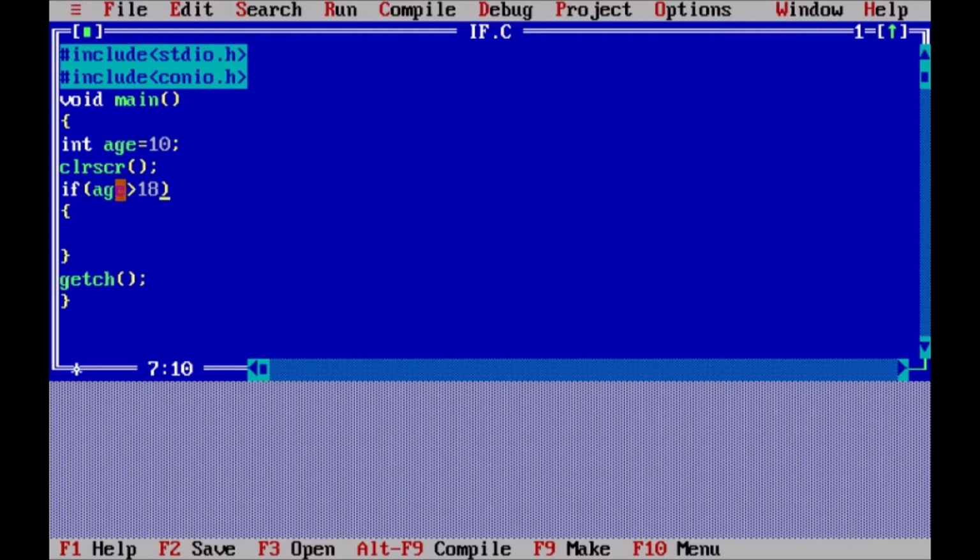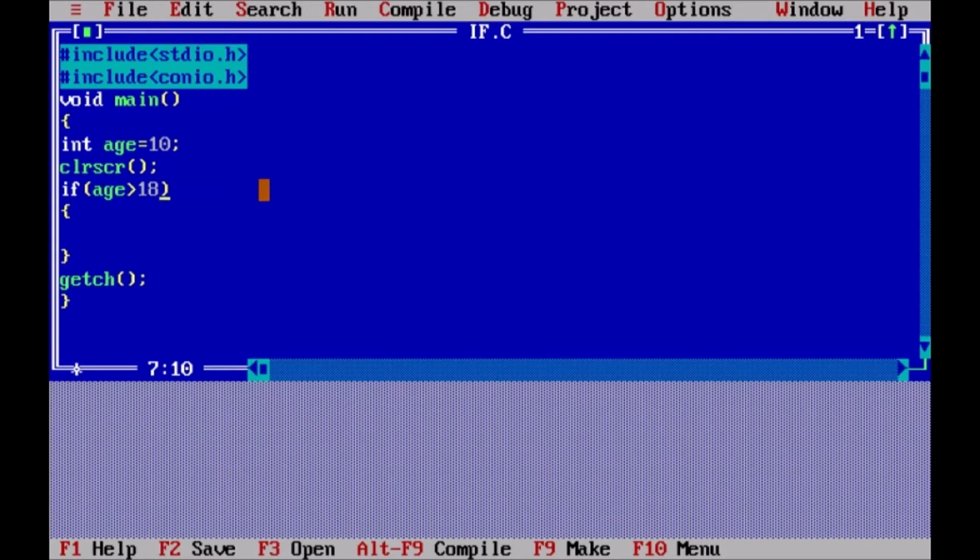Then if 1, the statements written here will get executed. Otherwise, if the age value is less than 18, then the condition here will become false, since the value returned by this operation will be 0, and if 0, that means if false, these statements will not get executed.